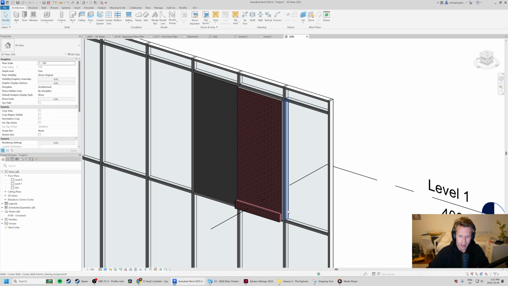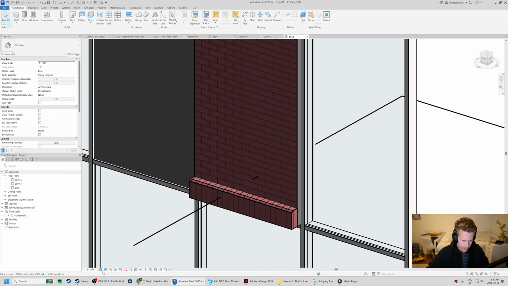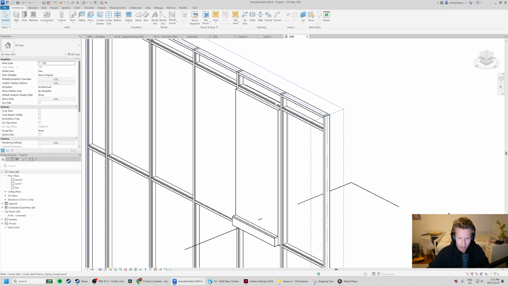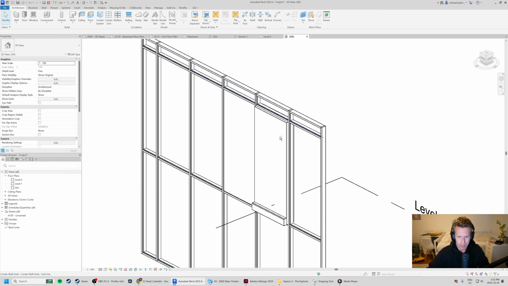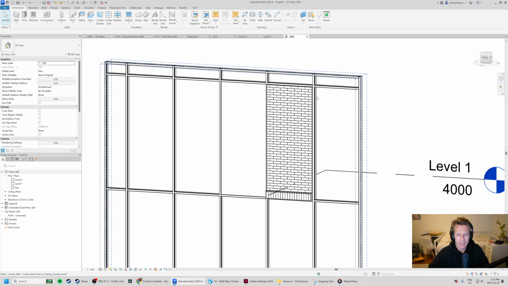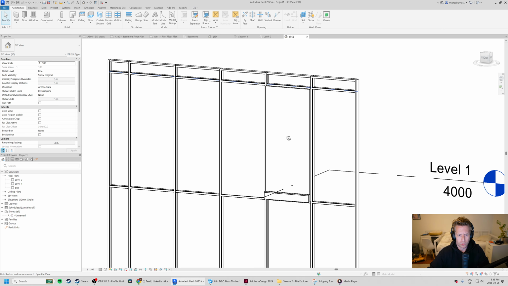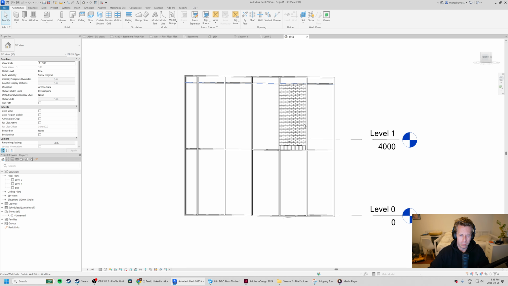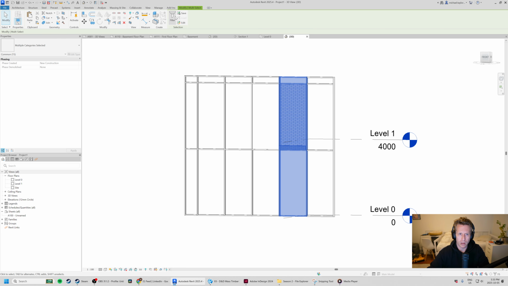You know, you can have a brick. If I make this, let's make this all hidden line here, I can have a brick wall as part of a curtain wall family. This starts to get pretty advanced pretty quickly, but I do think that this could be a very powerful tool when it comes to generating curtain wall families, at generating a lot of this content. So I just filter out my curtain wall panels, for instance,